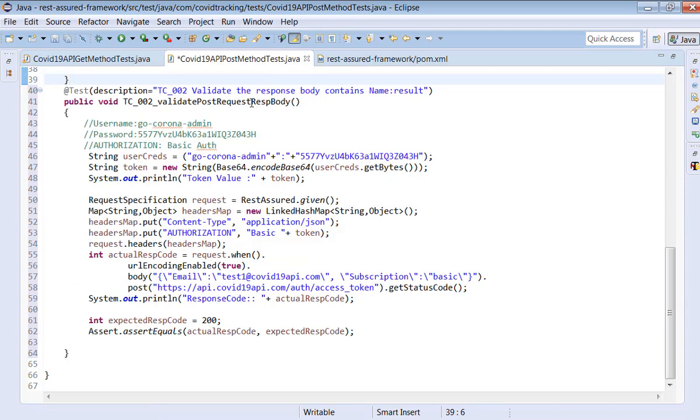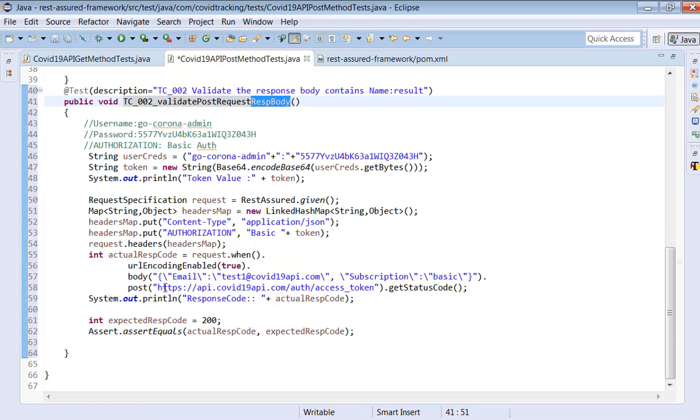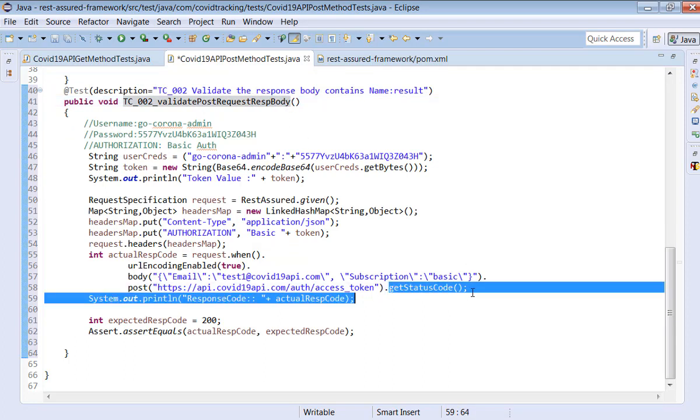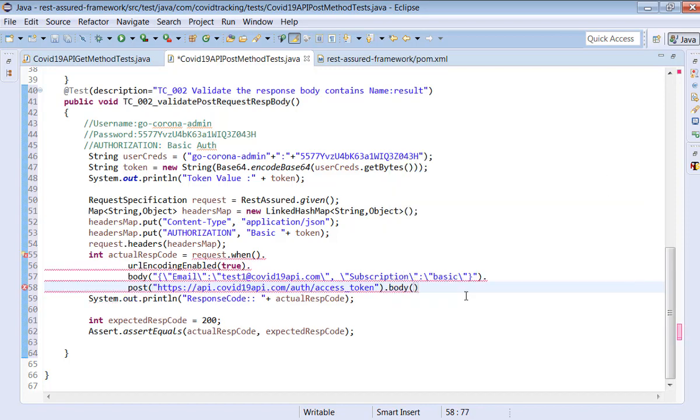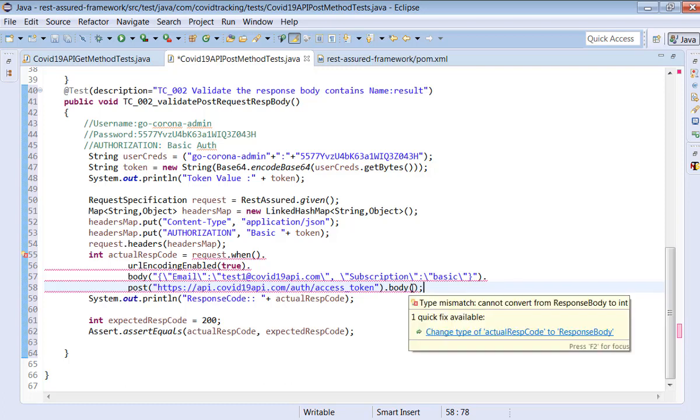So what is our objective? Our objective is to focus on the response body. So response body means what? We don't want a status code, but what we need is dot body. So when you say body, what is the return type of the body?